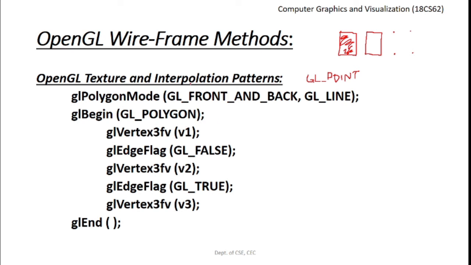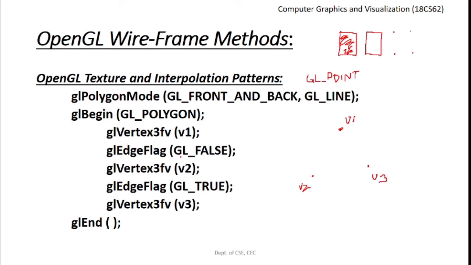Suppose I have a polygon something like this, this is a triangle which is drawn using three vertices. Okay, something like this. Let us assume these are the three vertices of the triangle, and I'm using this GL polygon mode to draw only the outline of the triangle. Let us say this is V1. Okay, this is V2, and this is V3. Let's assume these are the three vertices that we are going to consider to draw the polygon.